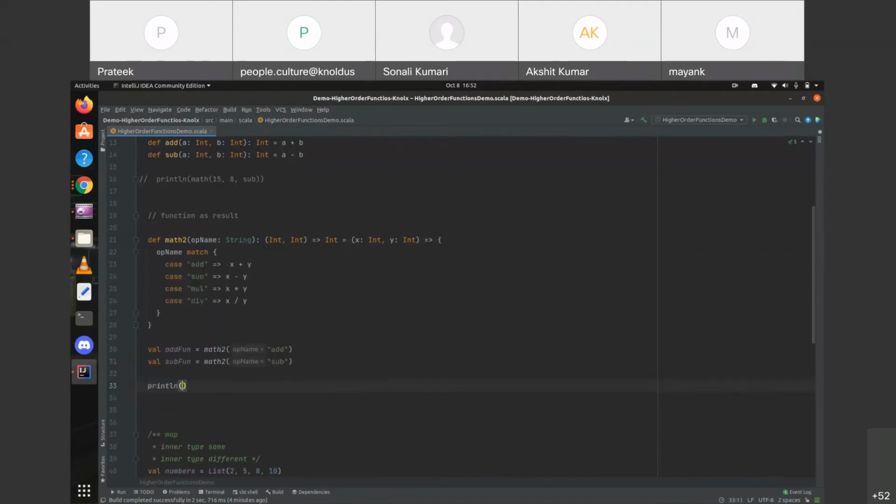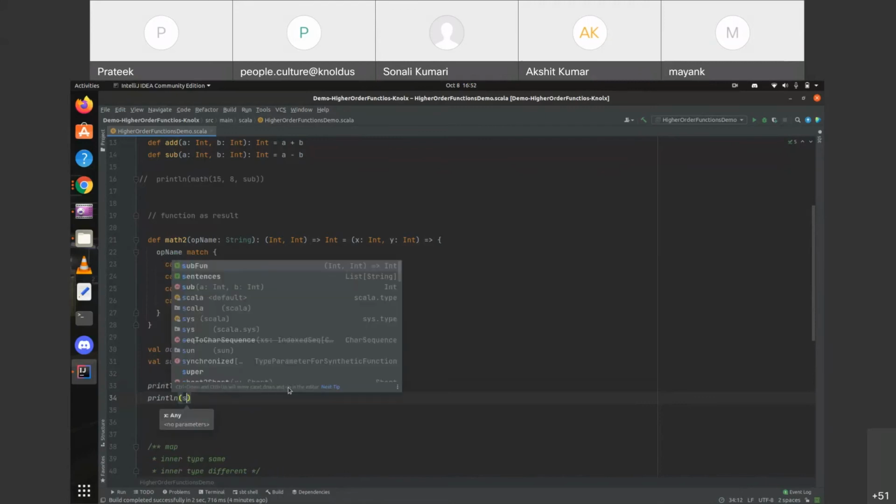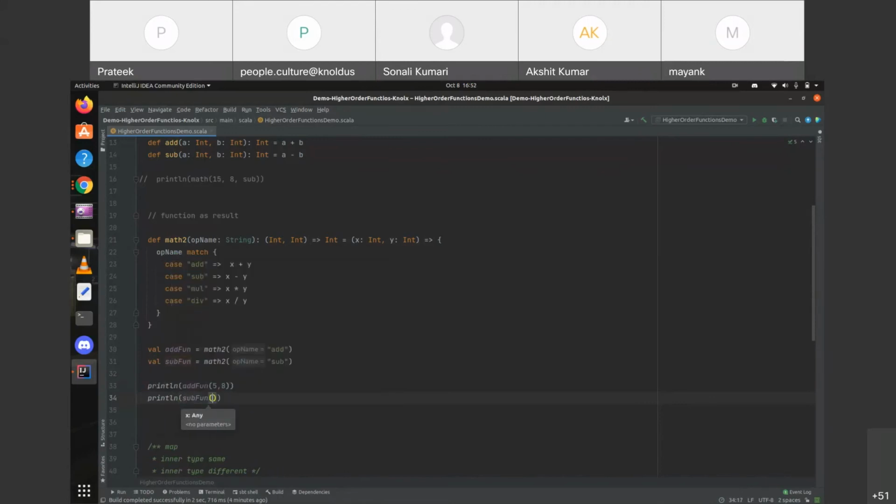So simply we'll call this add function. We'll pass the parameters in it, let's say 5 comma 8, and similarly for the subtraction function, we are calling it with two parameters like 20, 9. Let's see what we'll get.